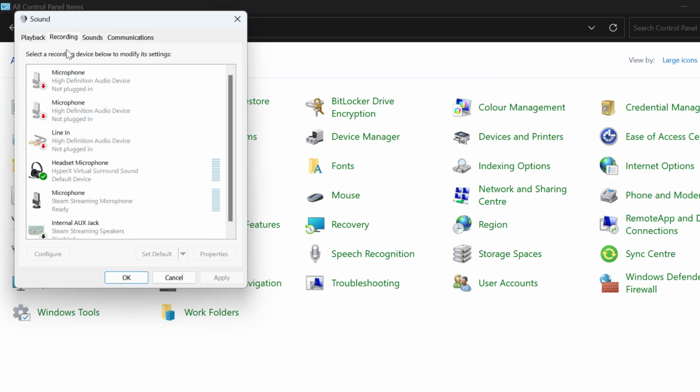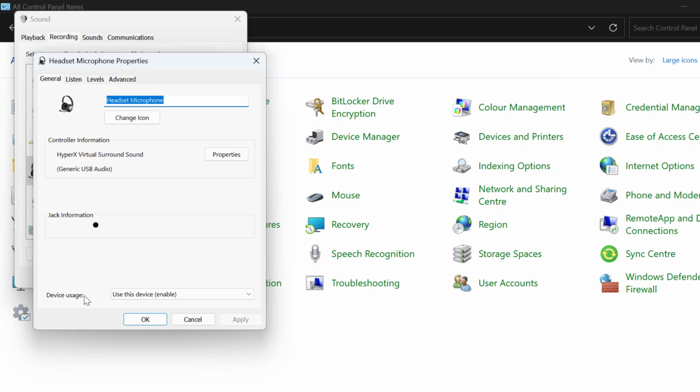Select the recording tab and if you have multiple microphones connected to your PC, then you just need to select your correct microphone and select set default option. After that, you will get this tick mark. After that, you just need to right click on it and select properties. In device usage, click on this drop down and select use this device enable option